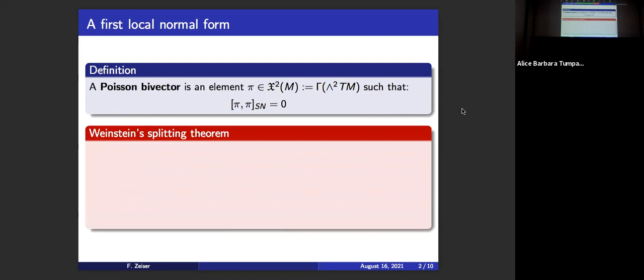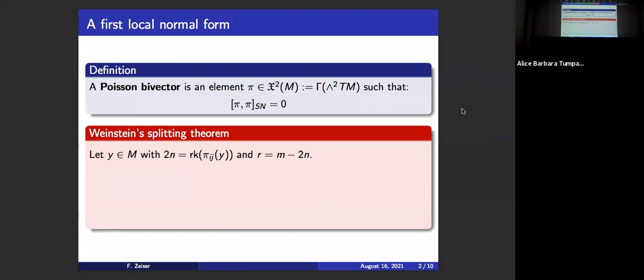Okay, so the first step in the direction of a local normal form. First, what is a local normal form? Well, it's a standard expression such that one can always find a chart to map our actual structure into that standard structure. For example, for complex structures, one can always map the multiplication by the complex structure to some Cn. And for Poisson geometry, the first result in this direction was by Weinstein, who proved the splitting theorem, which basically states that one can locally split the Poisson bivector into a symplectic part and a transverse part,